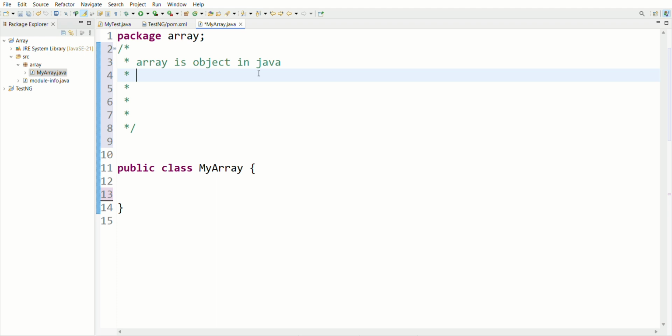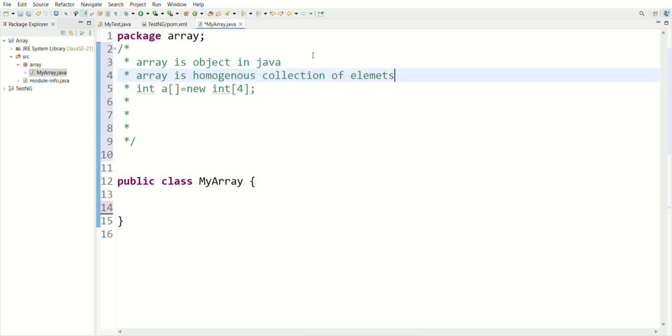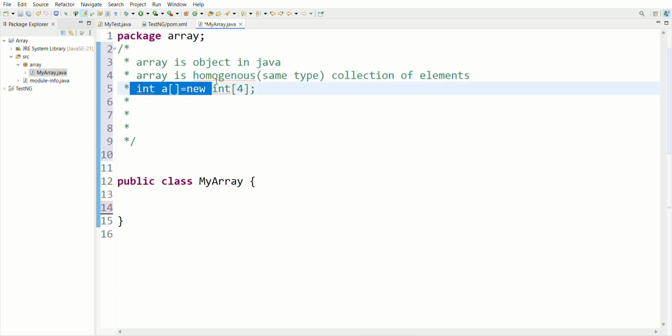Now let's see what an array is. An array is a homogeneous collection of elements. What is homogeneous? Homogeneous means the same type of elements. As when we are creating an integer array here,